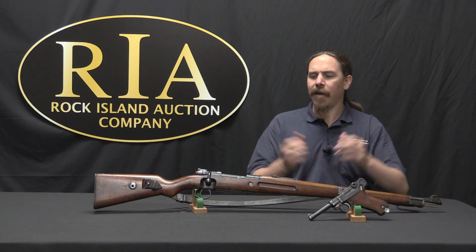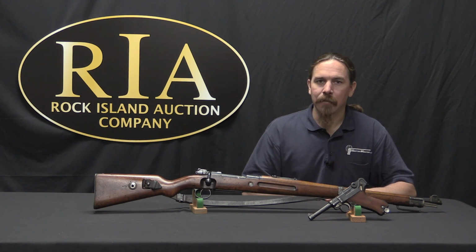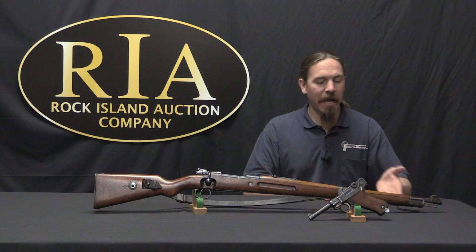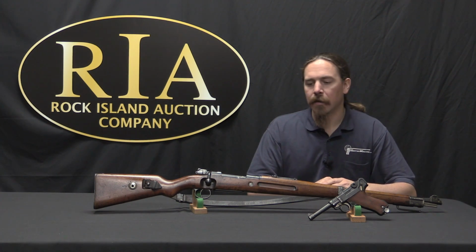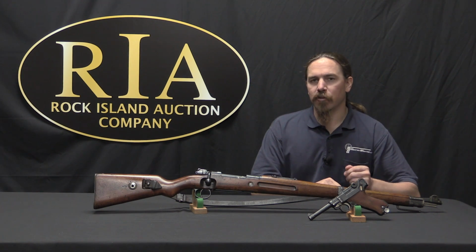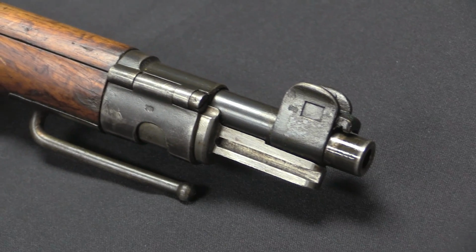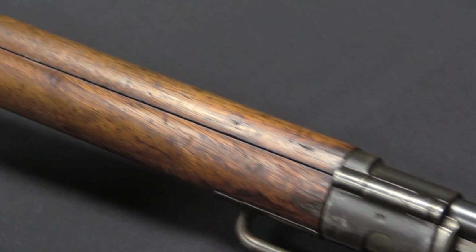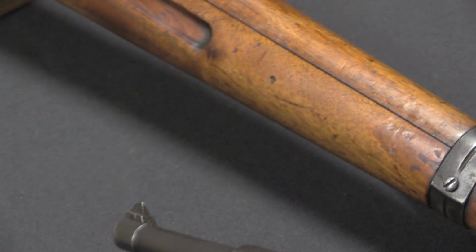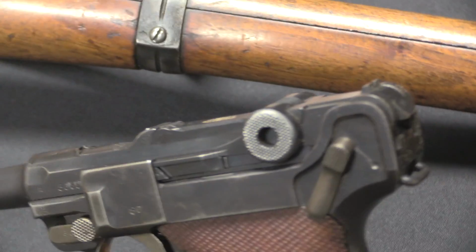So what's the deal? Why do these things have double date stamps? Well, the answer is that the second stamp is actually not a date at all. It's a property mark. And to explain why, we have to go back a little bit to the end of World War I. On November 11th, 1918, when the Great War ended, the German military had in its possession something like 5 to 5.5 million Mauser rifles and carbines. While under the provisions of the Treaty of Versailles, eventually ratified in 1920, the German military was allowed 100,000 men,